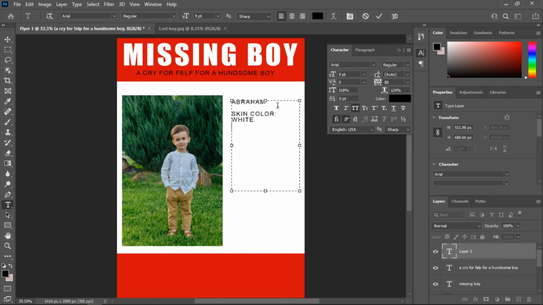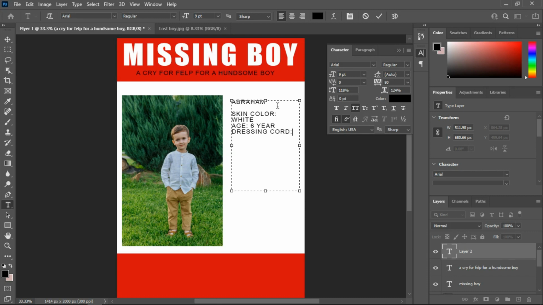And then let me say age. Let me say this boy is 6 years, I guess 6 years. So age, I'm going to give it 6 years, and perhaps let me say clothes, or dressing code, or you can give it any name, let me just give it anything. Dressing code,